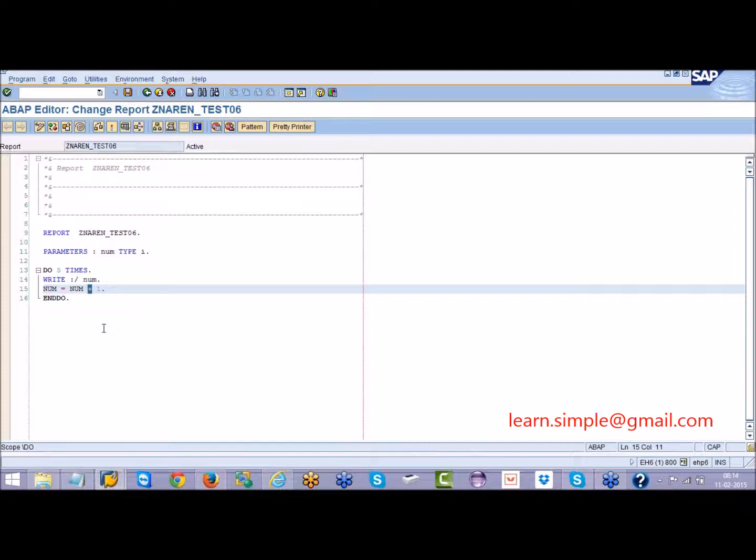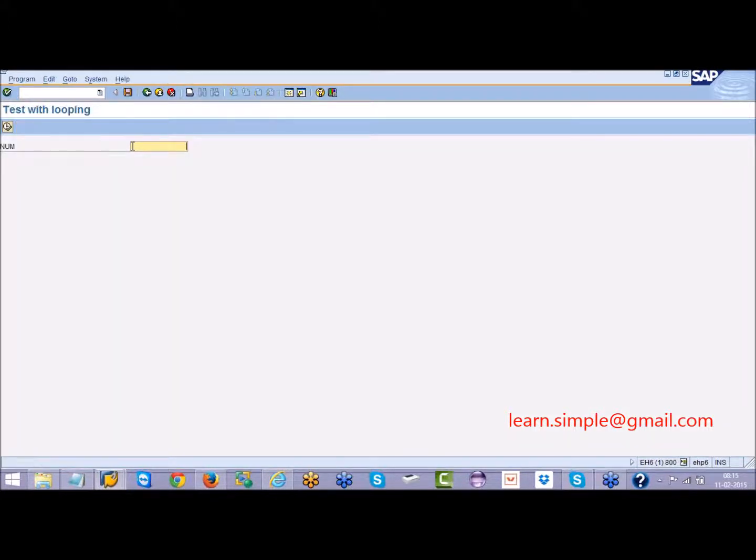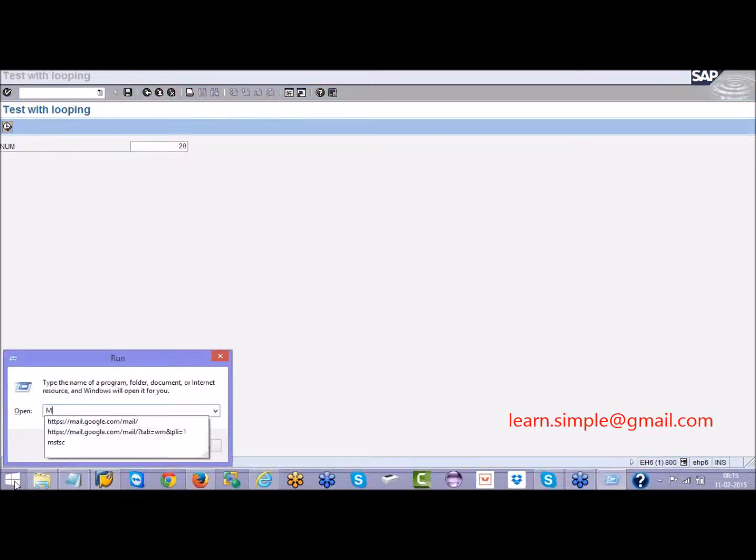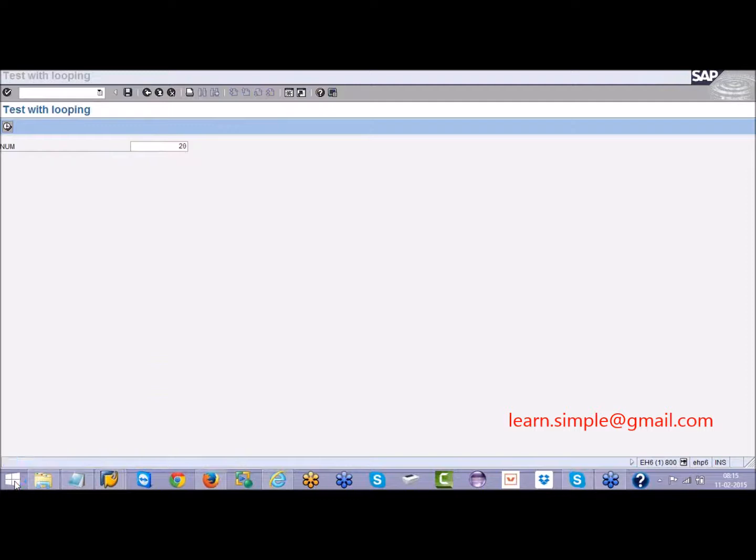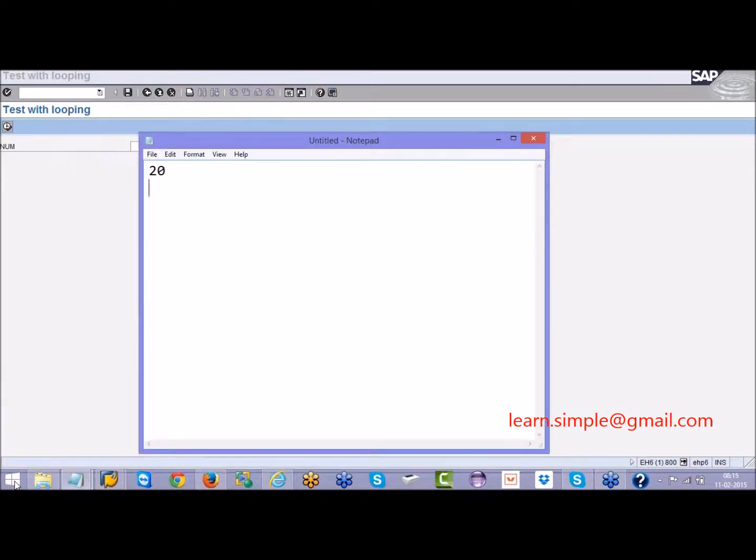So try writing a program. On the screen I will give some number, maybe 10 or 20 or whatever. I want to print the numbers down to 1 in the output. For example, if I give 20 on the screen, in my output first I should get 20, then 19, then 18, and so on, all the values until 1.